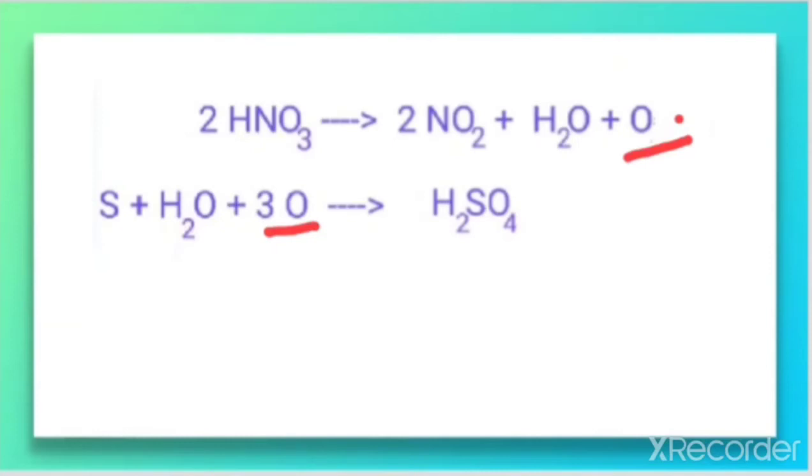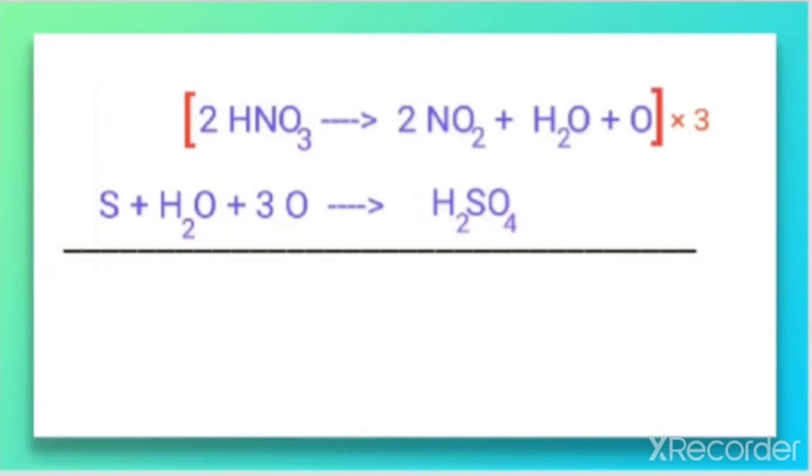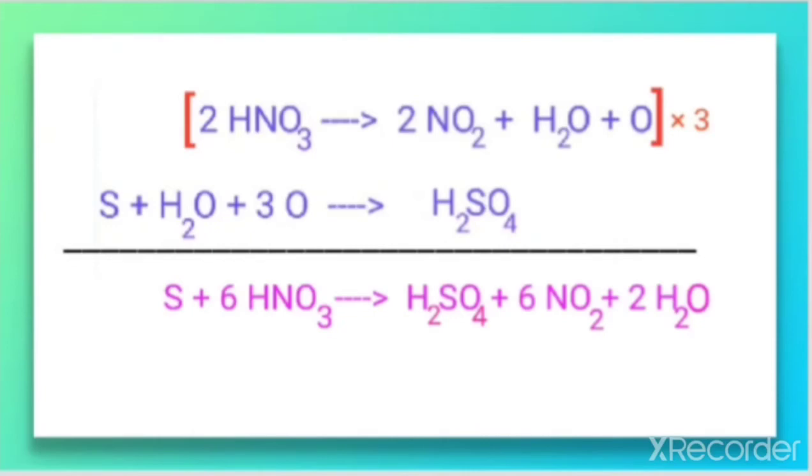So what we need to do is multiply the first equation by 3, and that is an overall multiplication. The whole equation should be multiplied by 3. Now it is okay, because we can easily cancel the 3 oxygen. This is why we are multiplying by 3, in order to cancel the O here. Next, the oxidation reaction is ready, the reduction reaction is ready. Now we'll find the redox reaction by making the sum of it. When we make the sum, we'll get this equation.